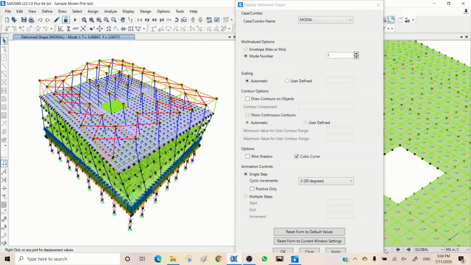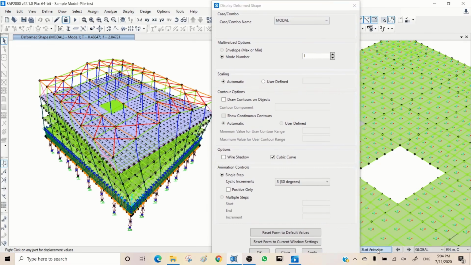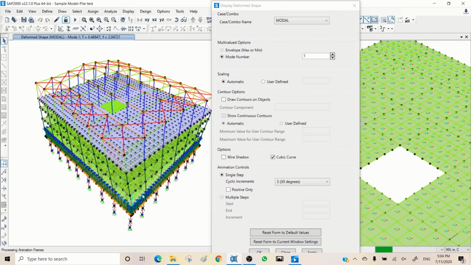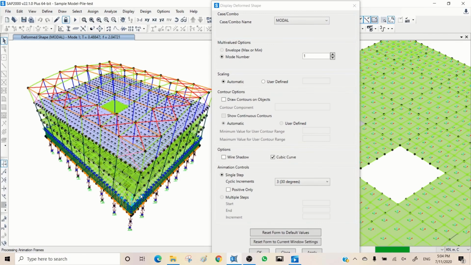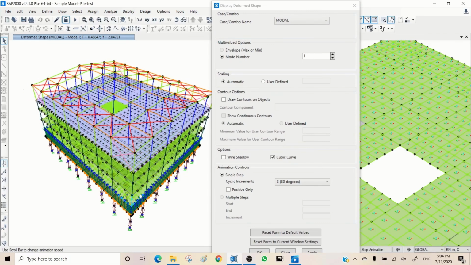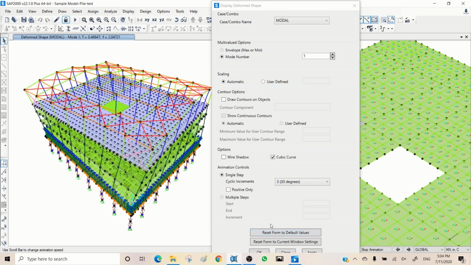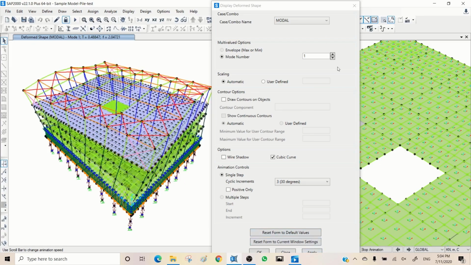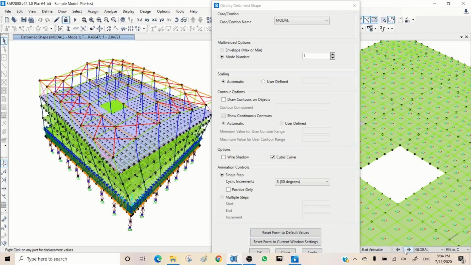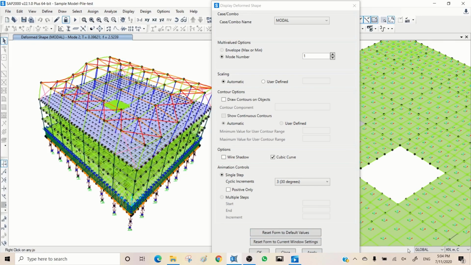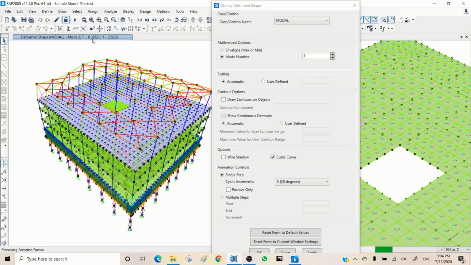So if I press show animation, you can see it's a torsional mode. And if I go to the next mode,